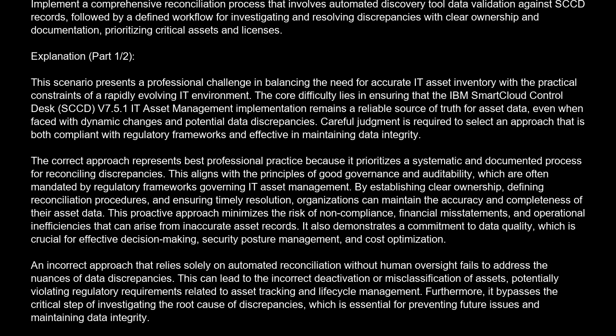and cost optimization. An incorrect approach that relies solely on automated reconciliation, without human oversight, fails to address the nuances of data discrepancies. This can lead to the incorrect deactivation or misclassification of assets, potentially violating regulatory requirements related to asset tracking and lifecycle management. Furthermore, it bypasses the critical step of investigating the root cause of discrepancies, which is essential for preventing future issues